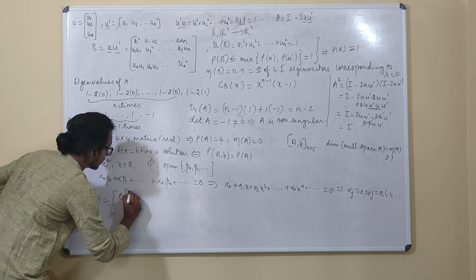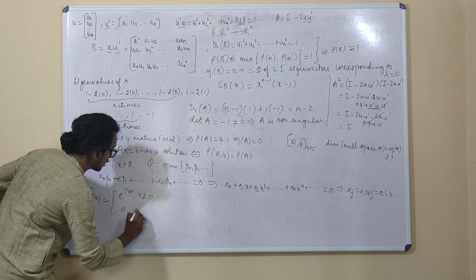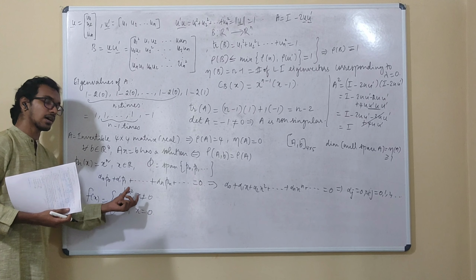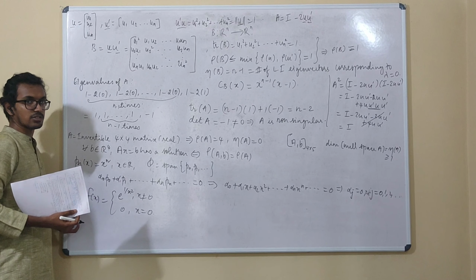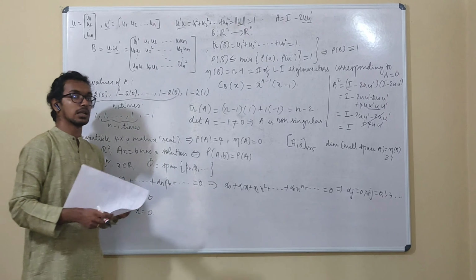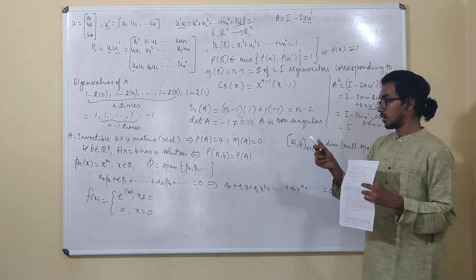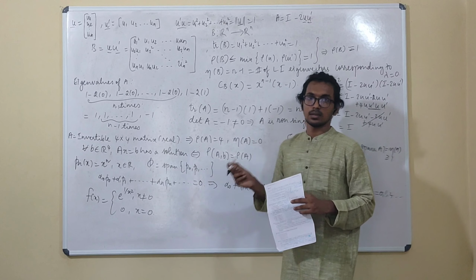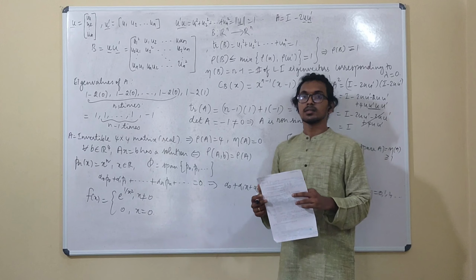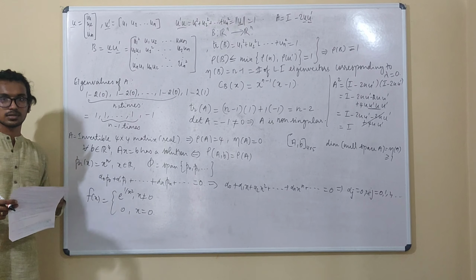f of x is e to the power minus 1 upon x squared when x is non-zero, and 0 when x is 0. This will not have a Taylor series expansion around 0. This is basically a function that cannot be written in this form. So statement 1 claims that all the real valued continuous functions can be written as a linear combination of these elements. That cannot be possible. We have produced one such example, right? Hence it cannot be a vector space, but it can be a subspace. That is option 2. So option 2 is right and option 3 is right.